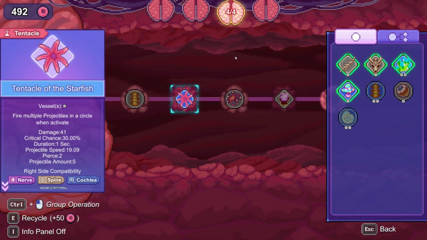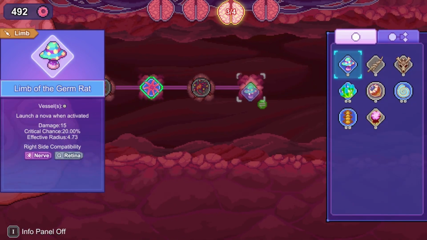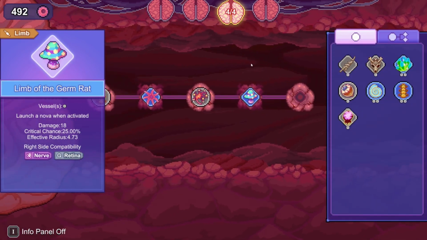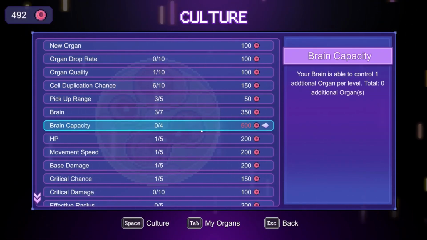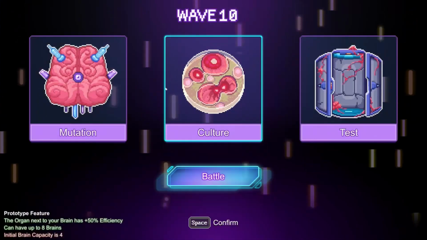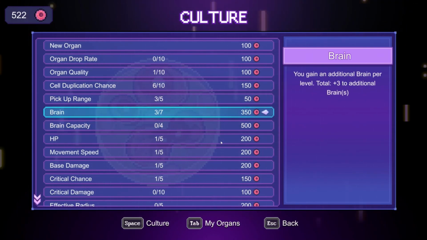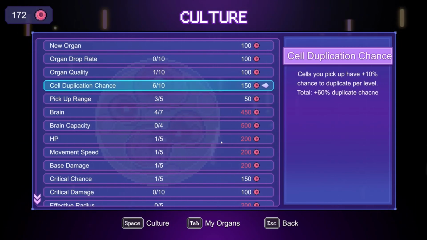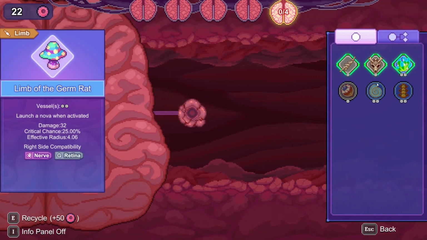This shoots projectiles out when projectiles crit. Instead of us poisoning, what if we did a germ rat? Which I think would be a very good idea. Now, we could, in theory, do brain capacity. Can I sell something? Yeah, if we sell the poison, we can get brain capacity. So this will give us 1 extra capacity, which is not worth it. I'd much rather get an extra brain. Get cell duplication. Because I was going to say I was going to do HP, but...